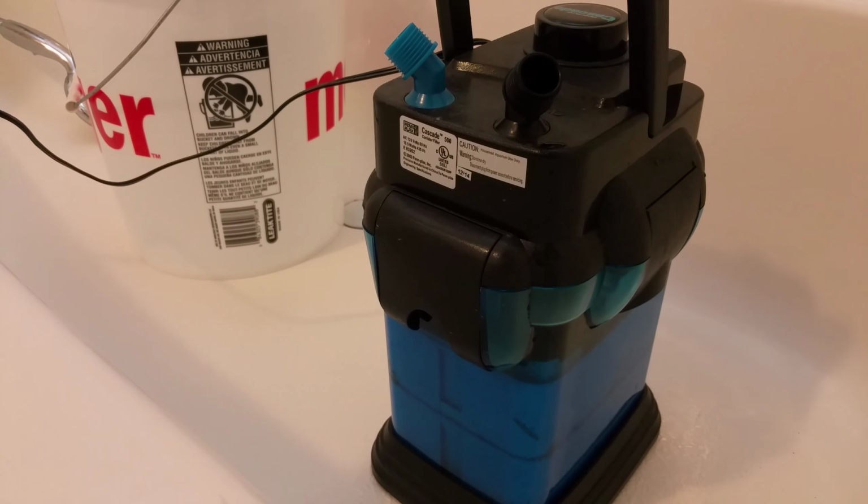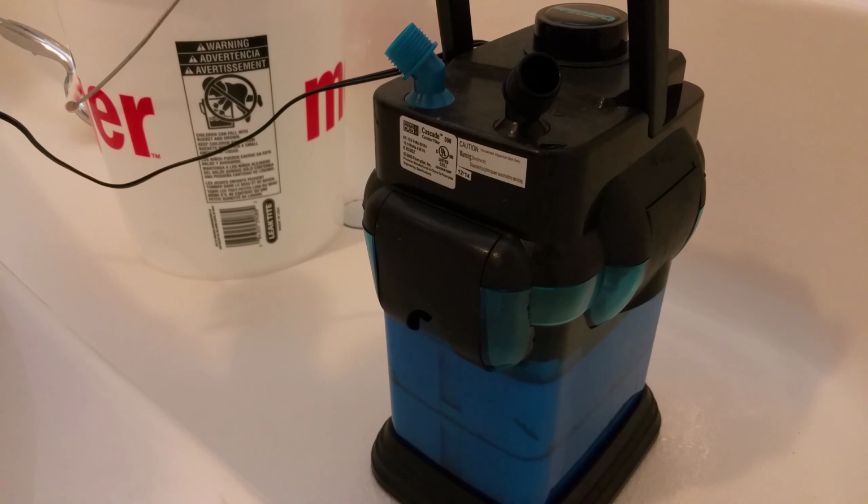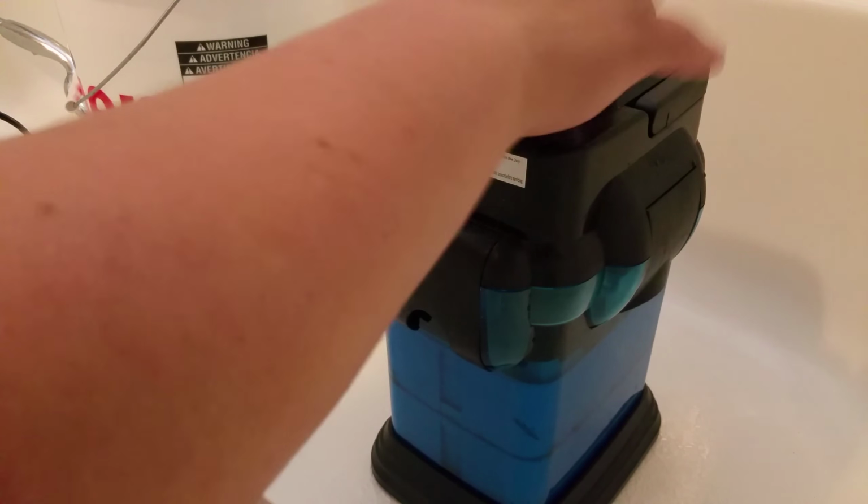So, I've been asked about the performance of my Cascade 500 filter with the filter media that I have. How's it working? How's it doing? It's doing quite well. About, I say, maybe every 3 weeks or so, I actually take the filter apart and